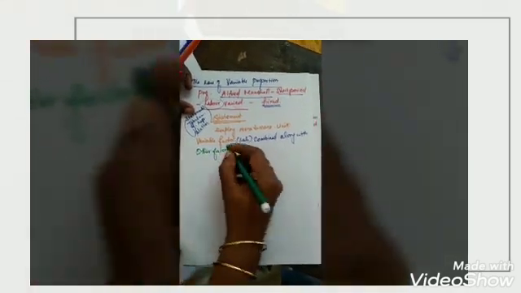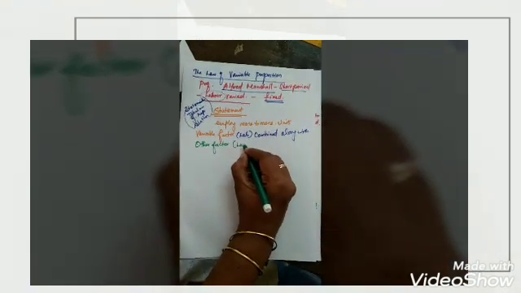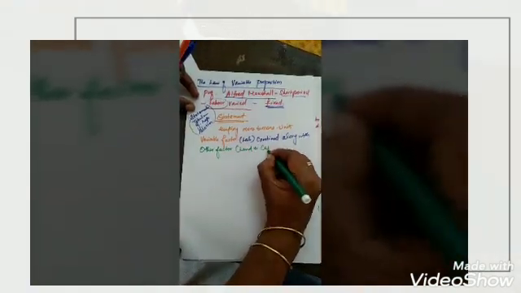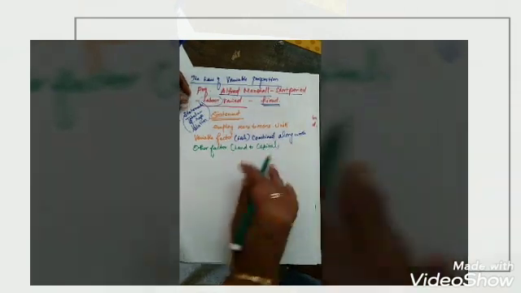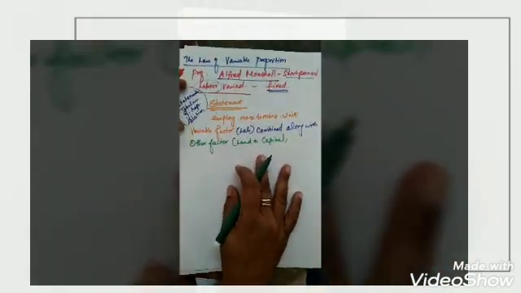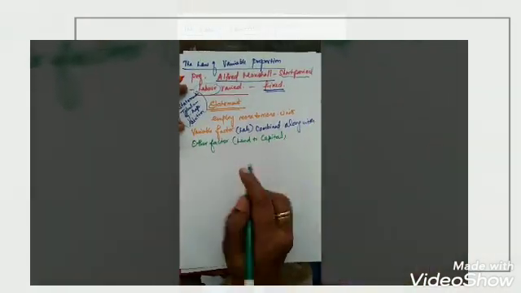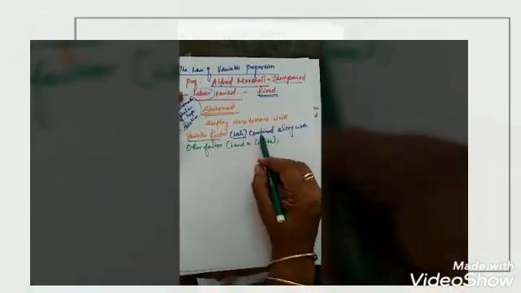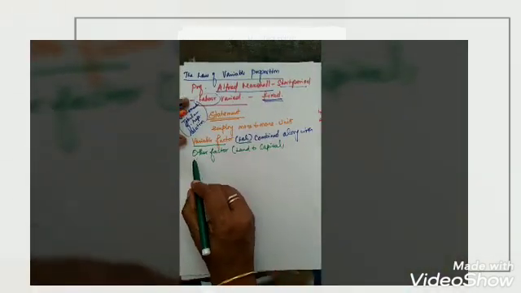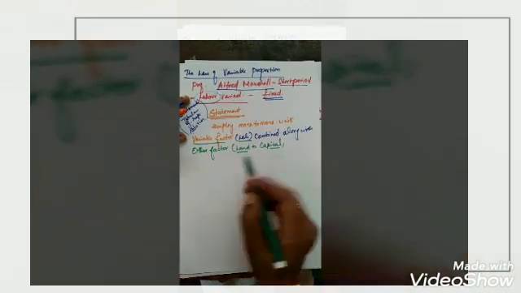Which are the other factors of production? Land and capital. Okay. See, when we employ more and more units of the variable factor labor, combined with other factors of production, land and capital,